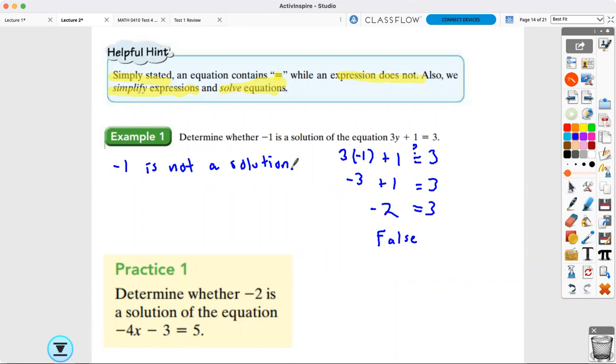Now, when you all plug in -2 for x, guys, for practice 1, you're going to tell me if it's true or false. Tell me what it is if it's false. What do you say if it's true? You have 1 minute left. And on the chat, you're going to write,